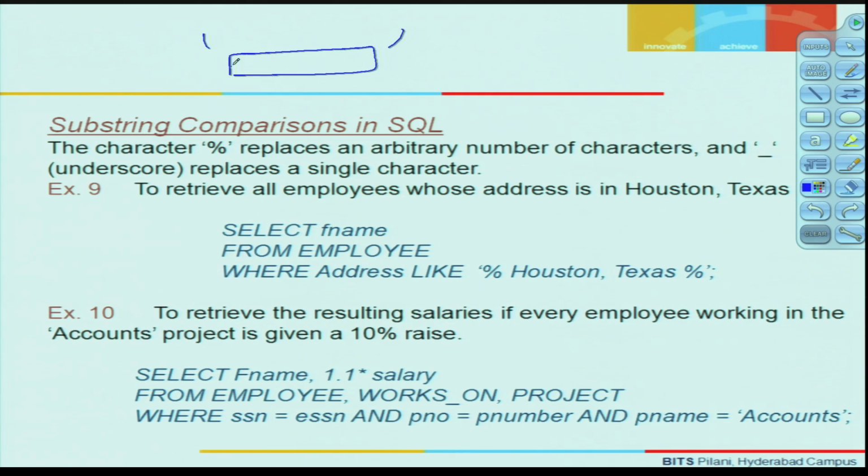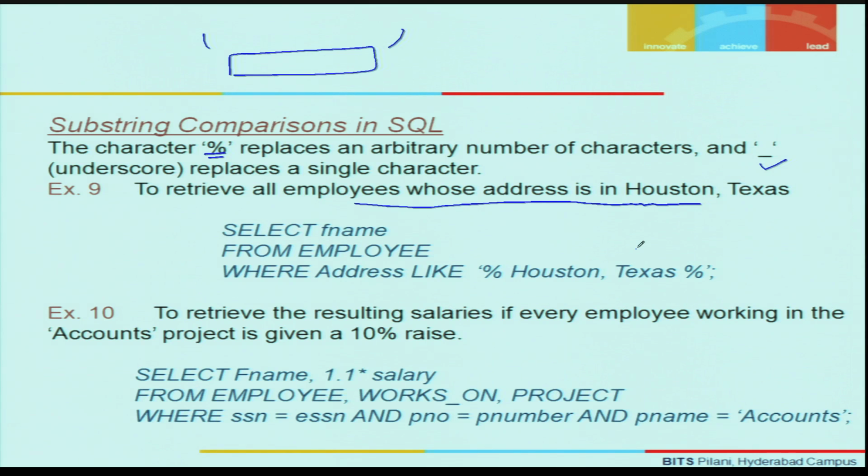The character percentage replaces an arbitrary number of characters, and a character underscore replaces a single character. For example, if I want to retrieve all employees whose address is in Houston, Texas, that means I am not worried about what is his street, what is his door number, what is the zip code, but I know that I want the first names of the employees who belong to Houston, Texas, and under this condition it is guaranteed that his address will definitely contain a substring Houston, Texas, and before